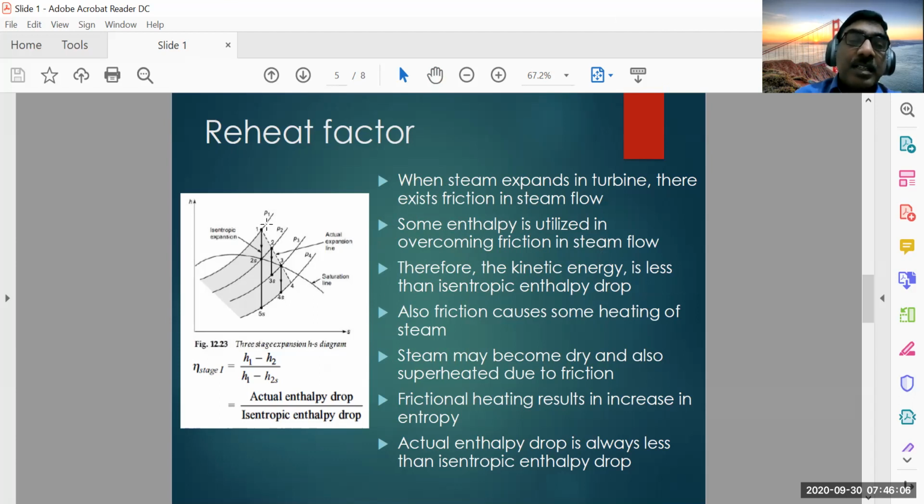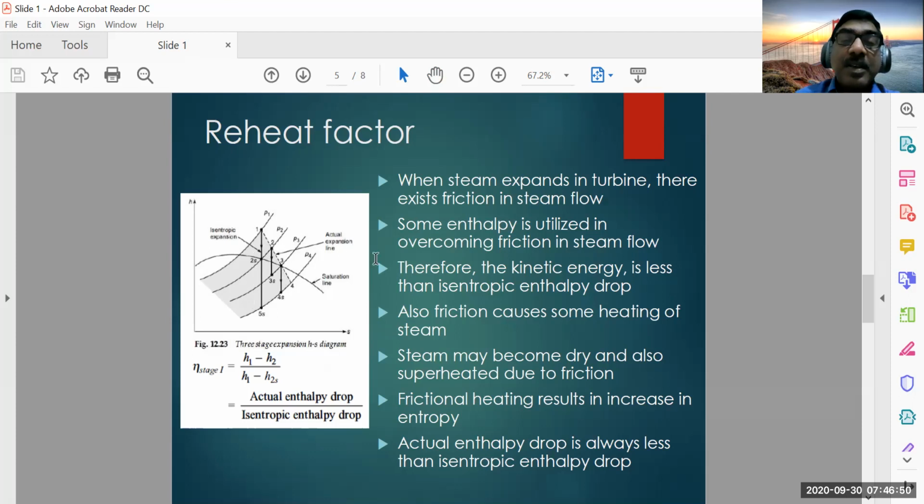Typically, there are three or four stages: stage 1, P1 to P2, P2 to P3, stage 2, P3 to P4, another stage. If you are considering only one single stage, 1 to 5s is the isentropic process. But what is happening here is 1, 2, 3, 4, this is the actual process. And why is this happening? Because there is some irreversibility, which means there is friction. It is a non-isentropic process. This is the isentropic process and this is the non-isentropic process.